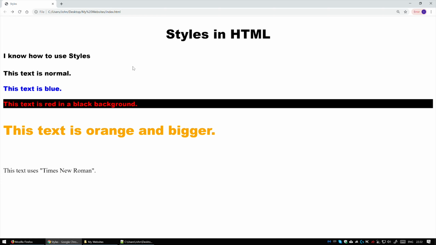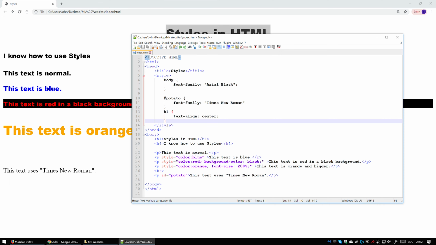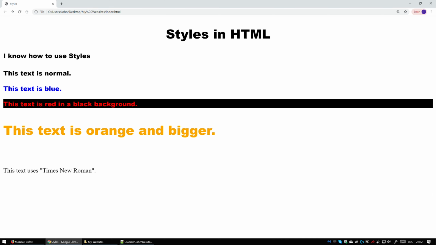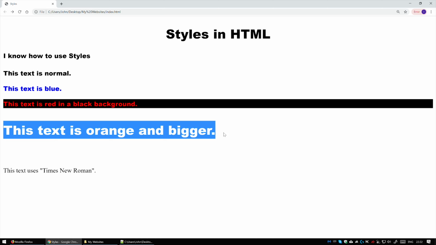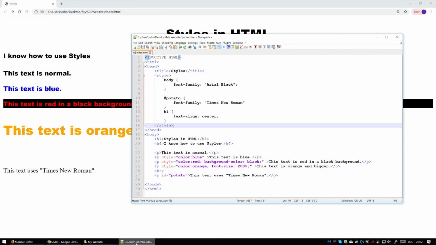So what we learned: you can use styles either as an HTML attribute or separately, either inside the head or the body. You can change the color of the text, you can change the color of the background, you can make text bigger, you can change the font, and you can also change where the text is displayed. And just to make things a little more interesting,